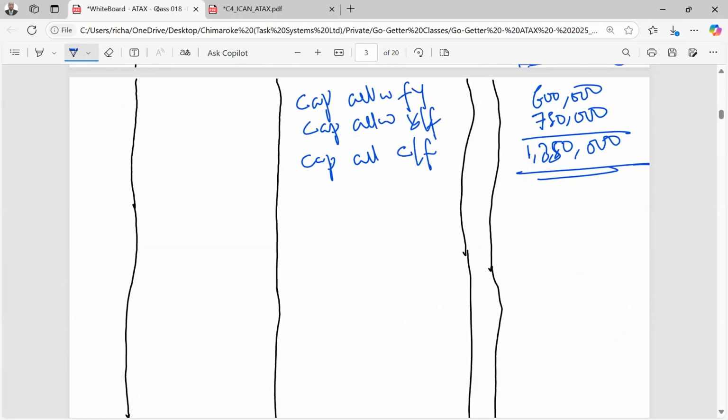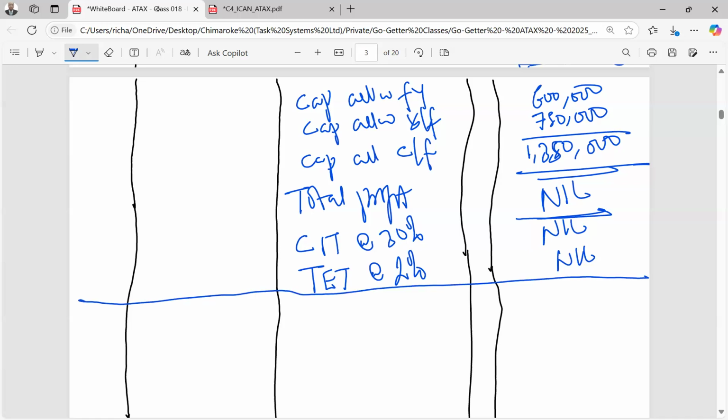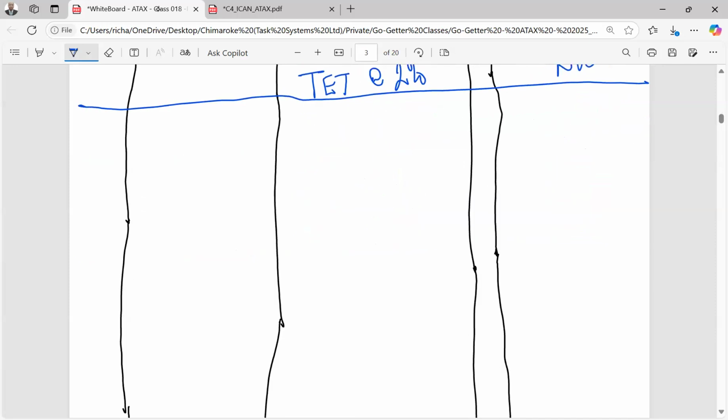So we have your total profit is still nil. So that makes your CIT at 30% to be nil, and your tertiary education tax at 2% to be nil. This brings an end to this year of assessment. We'll go to the next one,